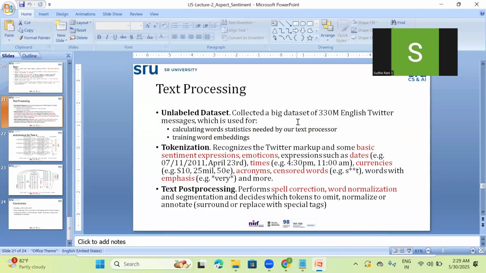Text processing. For the unlabeled data set, we collect a big data set of 330 million English Twitter messages, which is used for calculating the statistics needed by our text processor. Training word embeddings. Tokenization, recognizing the Twitter markup and some basic sentiment expressions,